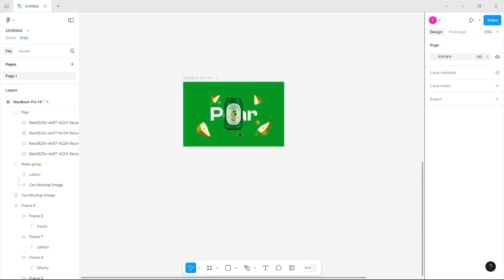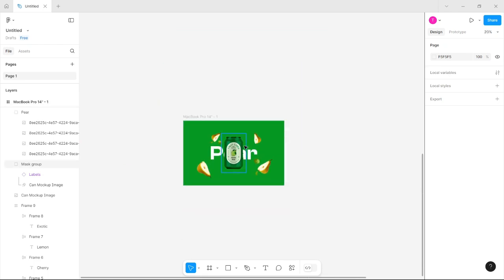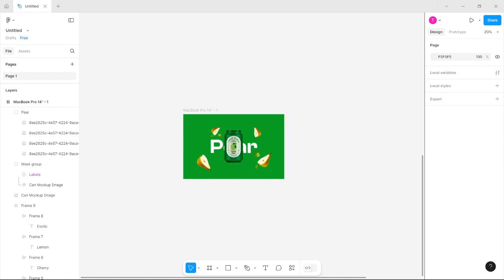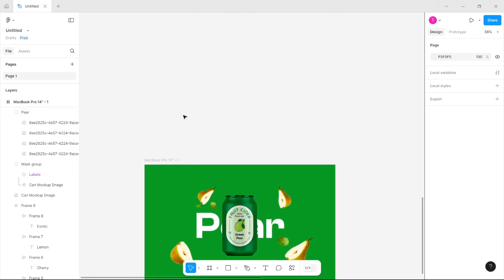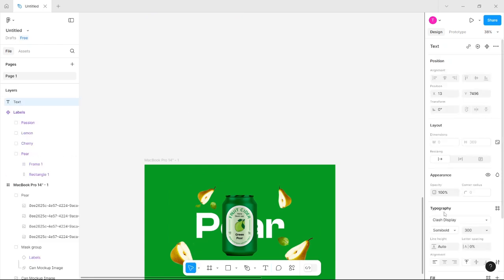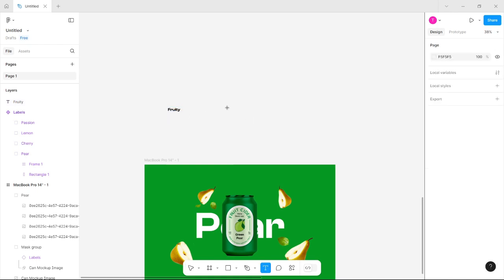Now the next thing we're going to do is insert our nav bar. Okay, let's just work on building a nav bar. So first thing we want to do is have our text. You can name it anything. Let's go with size 32 and then name it Fruity as our logo,